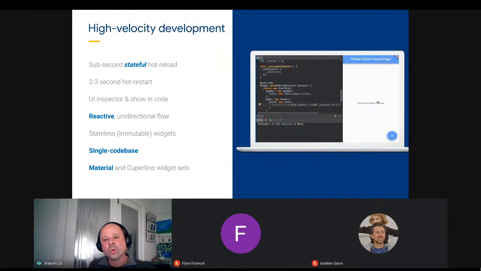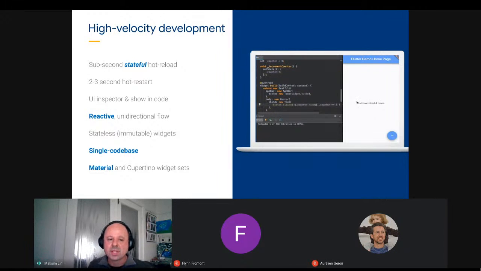But not in all cases can that happen. Like there are some changes that might be too big, or there are some changes which change the app in such a way where it cannot maintain the state. Or for instance, you're dealing with what I mentioned before, stateful widgets, which are maintaining state in a way where as you make changes, they may not be able to maintain that state.